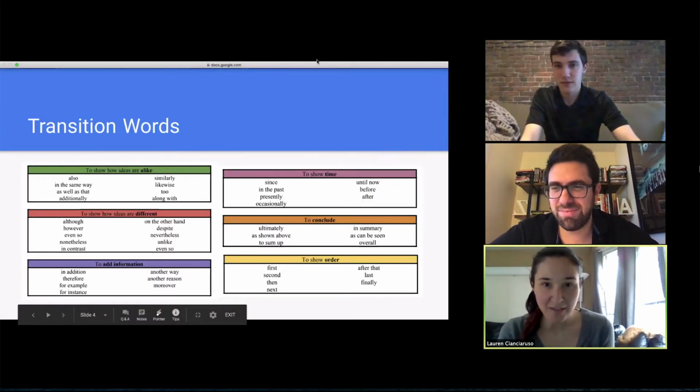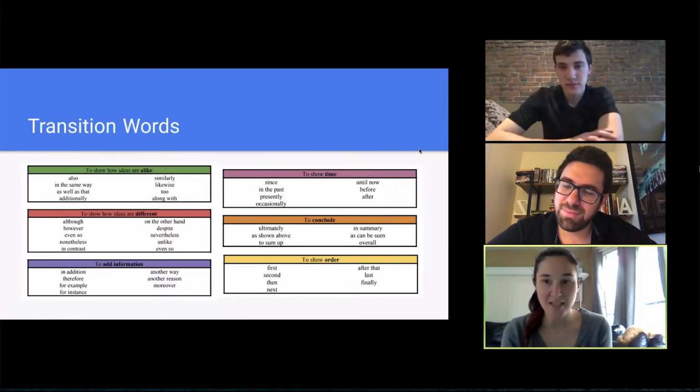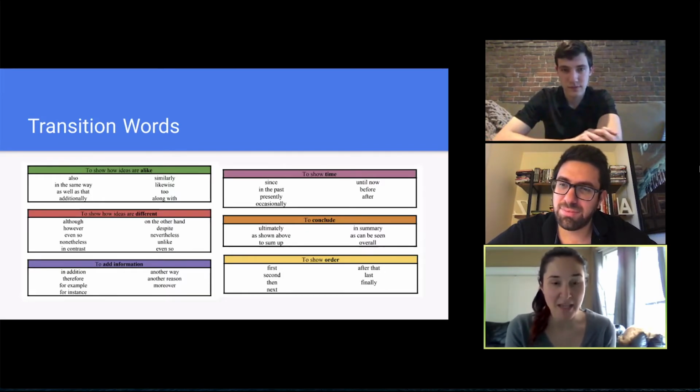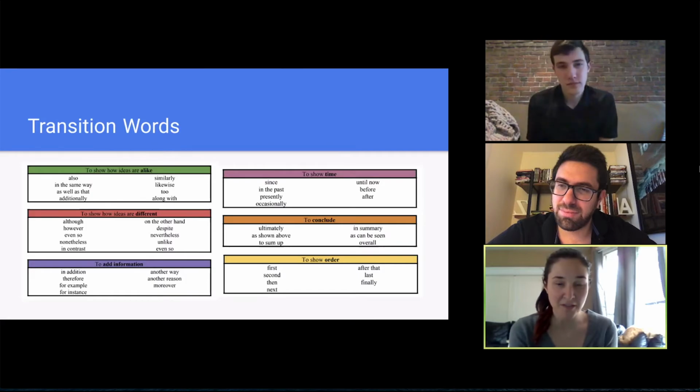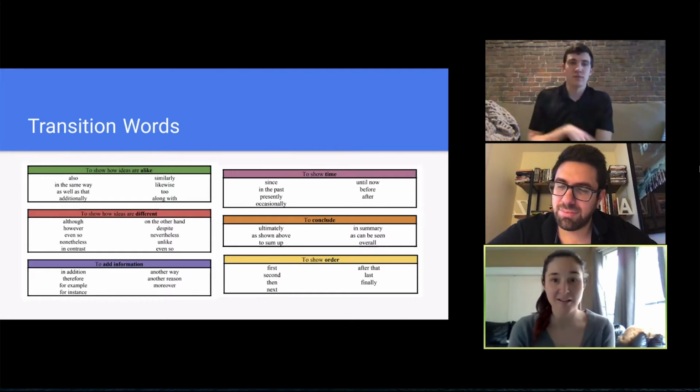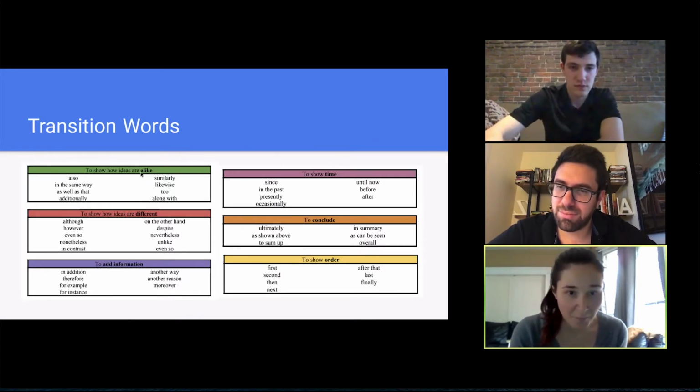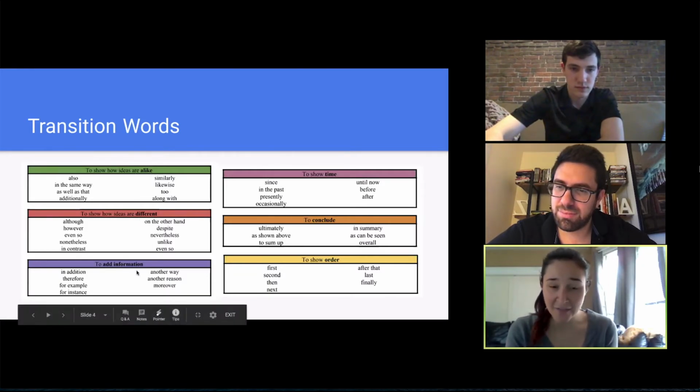The next thing that you want to think about when making some revisions to your essay is you want to make sure that it flows nicely from one idea to the next, and we call that transition words, or making transitions in your essay. And so what we have here on the slide, as you can see, are some examples of how to incorporate transition words into your essay. So there are different options for when you're showing that 2 things are alike or the same, when 2 things are different, if you want to add information,